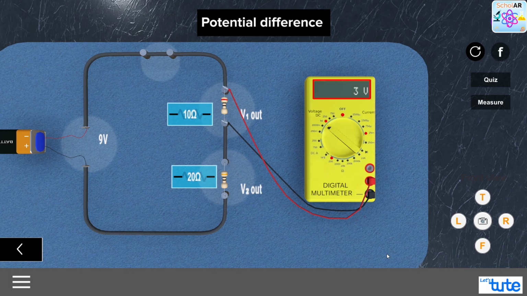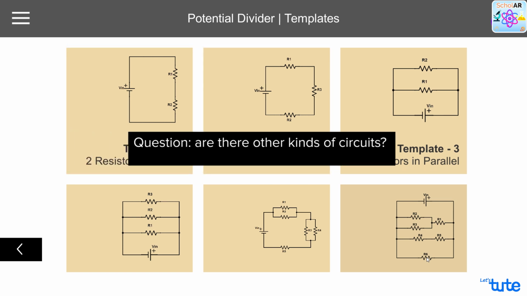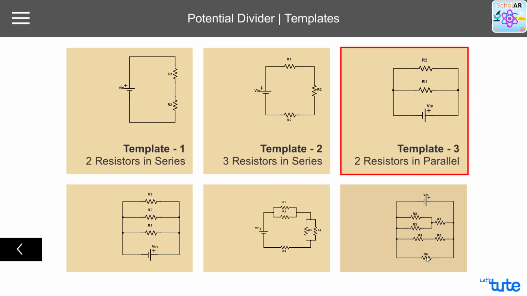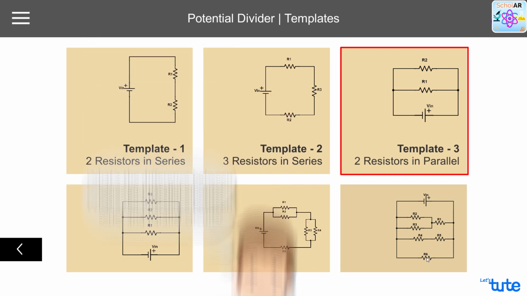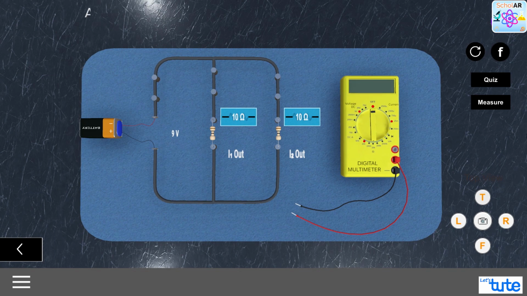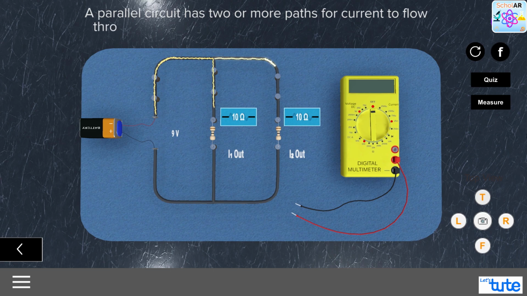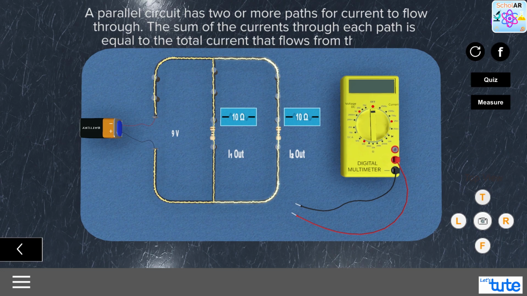Now that we know about the series circuits, the question is, are there other kinds of circuits? The answer is yes. The other kind of circuit is called a parallel circuit. What's the difference between a series and a parallel circuit? Well, let's look at template 3 to understand that. A parallel circuit has two or more paths for current to flow through. The sum of the currents through each path is equal to the total current that flows from the source. Like we asked for series,